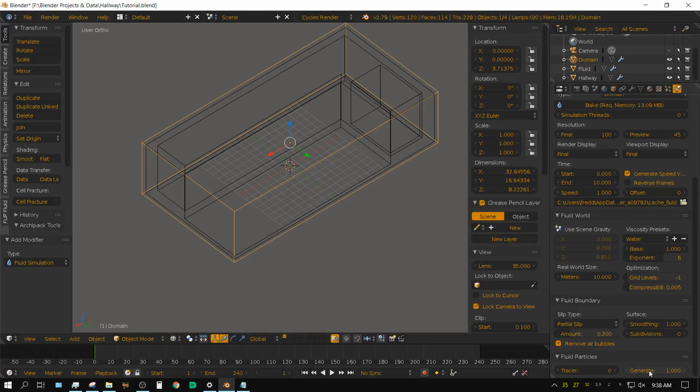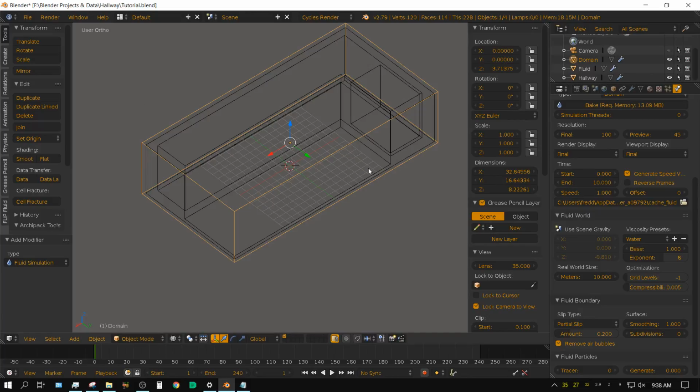But every time I try to get it to generate particles, the water seems to evaporate, and I don't know how to fix it. So I'm just going to leave this at 0. I'm probably doing something wrong, but I don't use this built-in fluid system anyway.